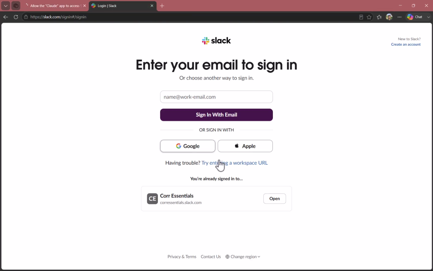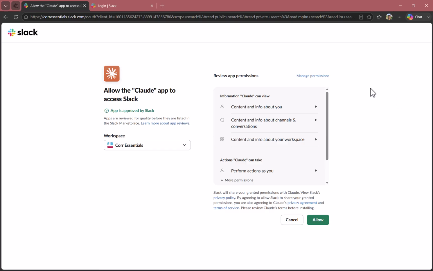So this is what it looks like in main perspectives. You'd be shown the login or the sign in option. So just go ahead and sign in. I'm currently already signed in. So all we need to do is just wait for the page to load in, give the access, and then proceed. All right, so go ahead and click on allow, but before then, please review the app permissions